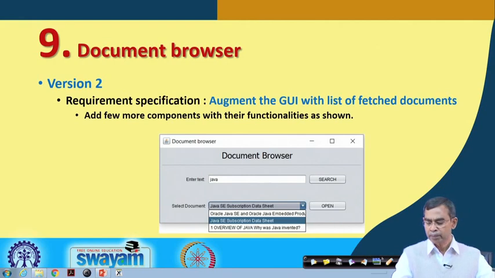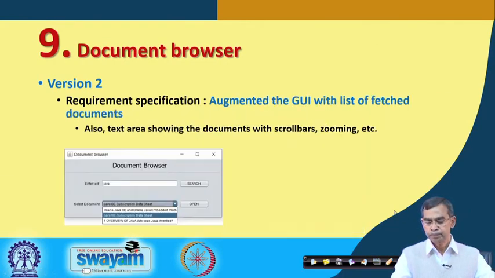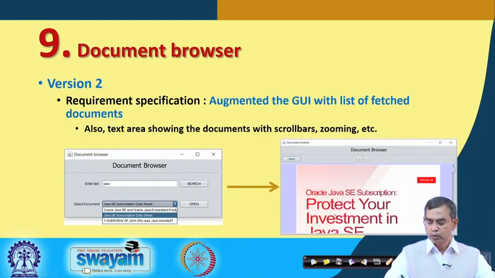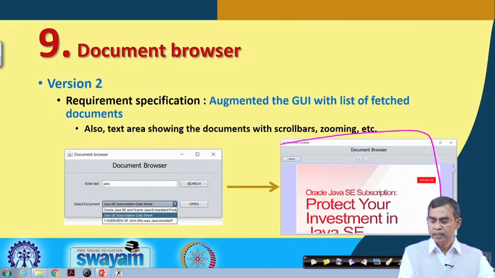Now, the browser window typically will look like this. Here is the interface, and here is the look of the browser window. So, this is another GUI that you have to develop. Once the user selects the open button, it will appear, and in this browser you have to add some facilities like plus and minus. If you click the plus, the document will be zoomed to a higher resolution, and with minus, it will be lower. So, depending on the user's choice and requirement, the document will be either zoomed in or zoomed out.